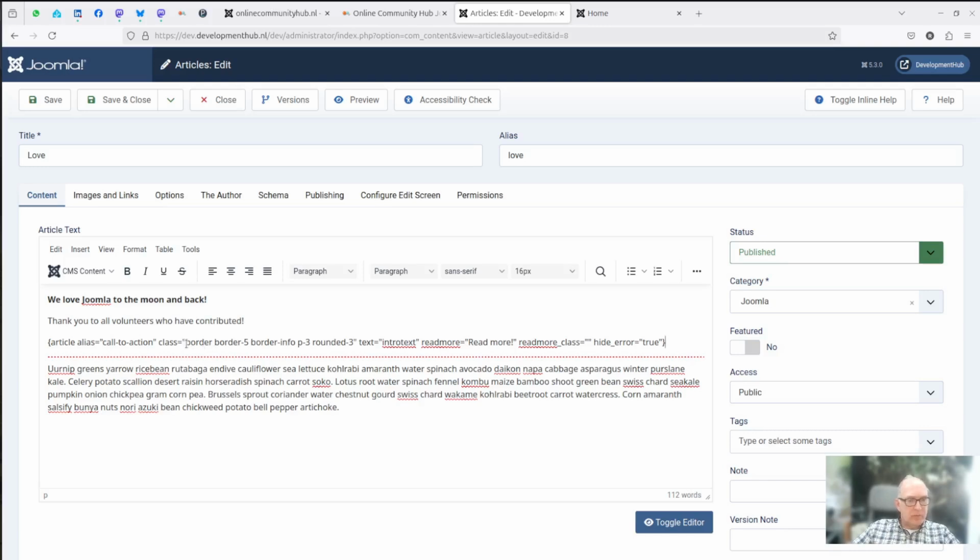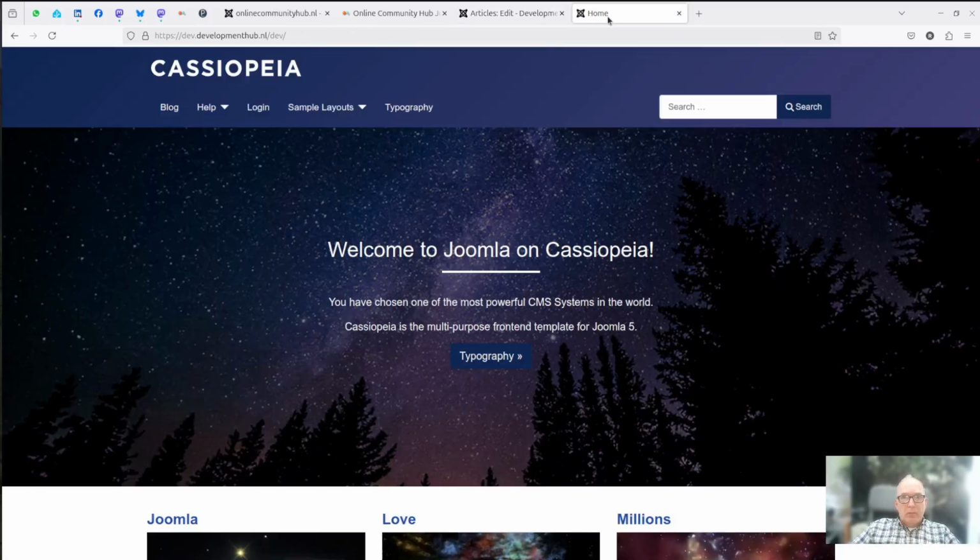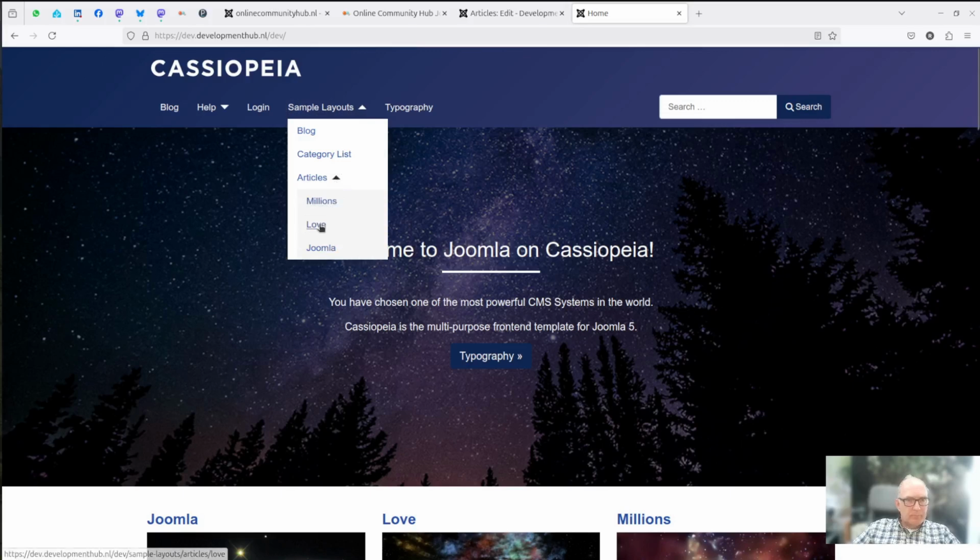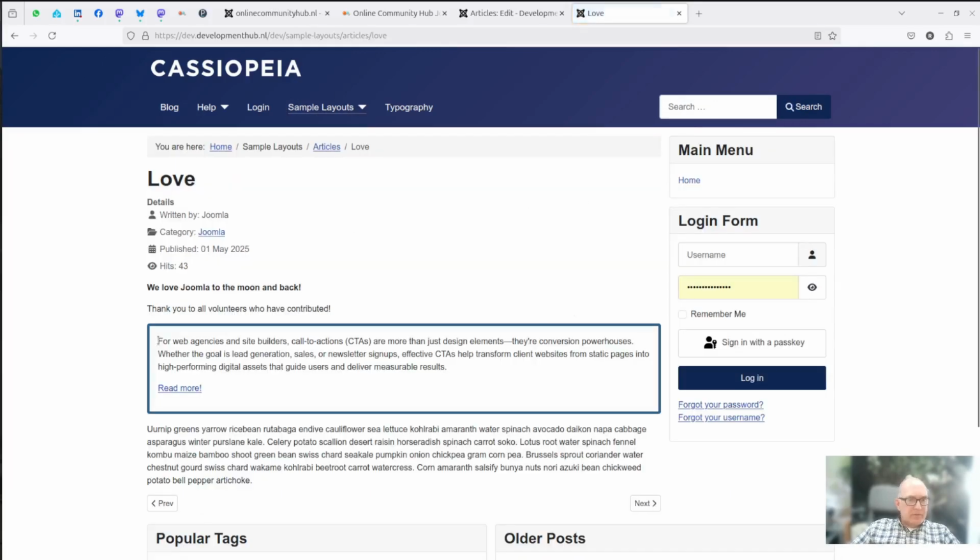The inserted article will have a border, as you can see, so that we can see it better. Now, when I go to the front page, it was in the love article. There you have it. This is the inserted article.